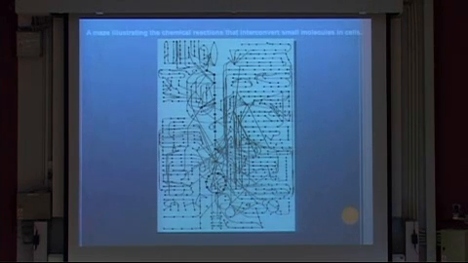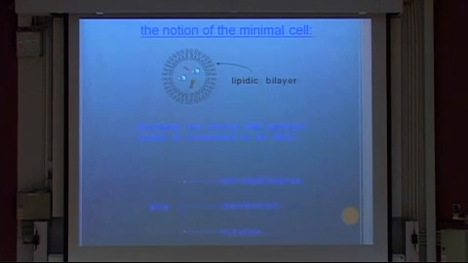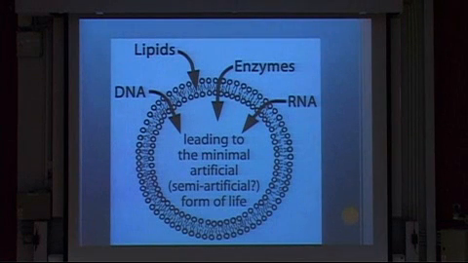Yes, but the early cells, when life started, could not have been so complex. So let's look for the notion of the minimal cell. Let's try to make, by synthetic biology, oh, this is horrible. I don't have the time to change the slide, but this minimal cell contains the minimal and sufficient number of components to be defined as a life. Here is a kind of definition of a life. We can come back. What we do is to use liposomes, vesicles made by lipid, into which, with our technique,